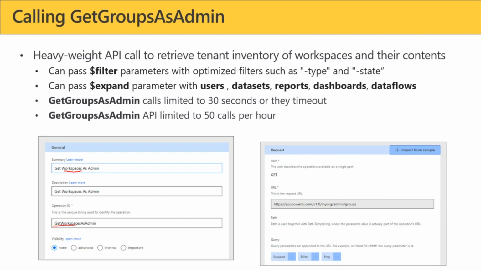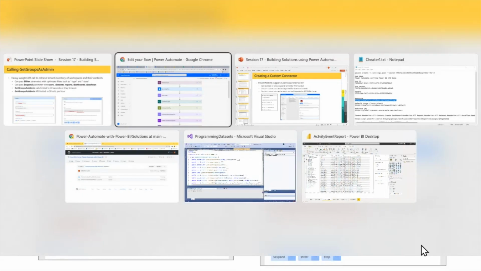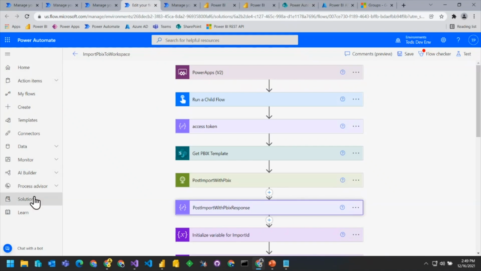If you want to make things easier, call them get workspaces as admin instead of get groups. Behind the scenes, you still have to have something that maps to groups, but when it comes to naming the method or naming path parameters, you can switch those to anything that you want and make them more readable.